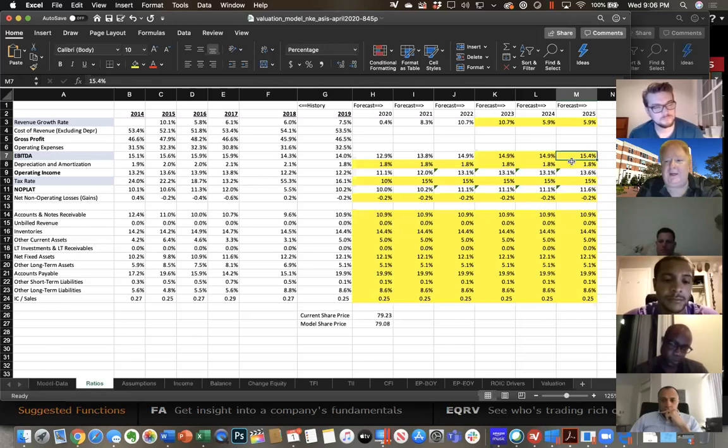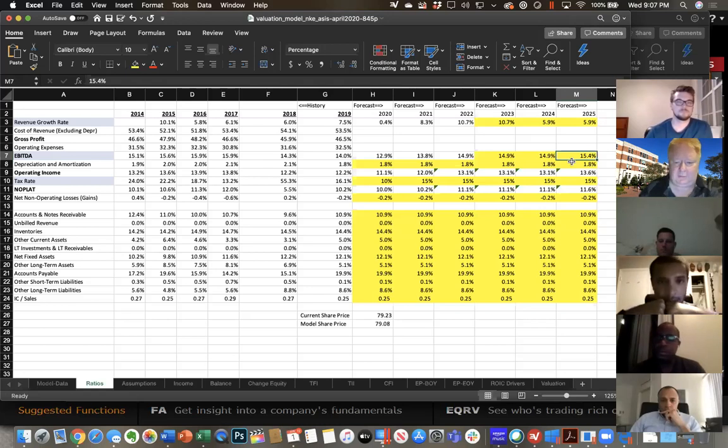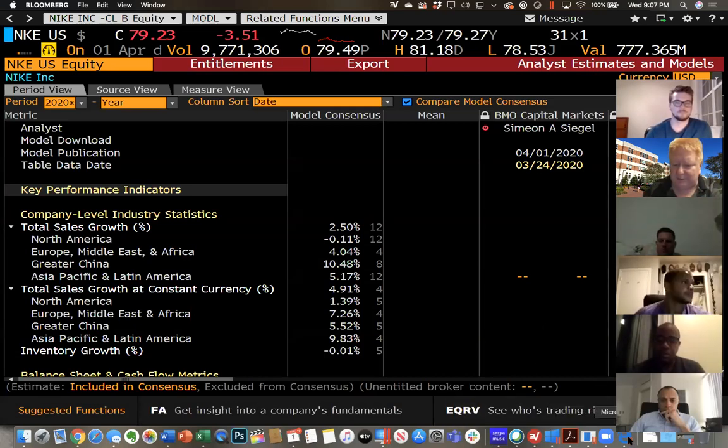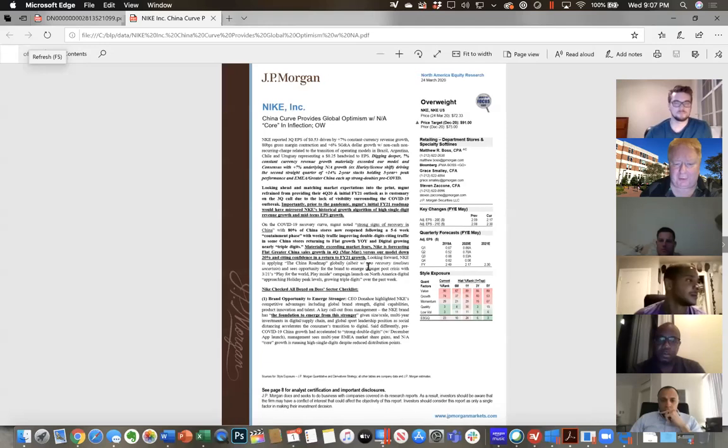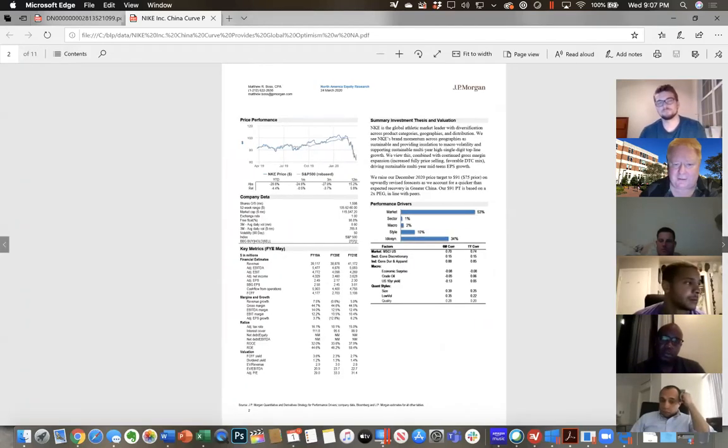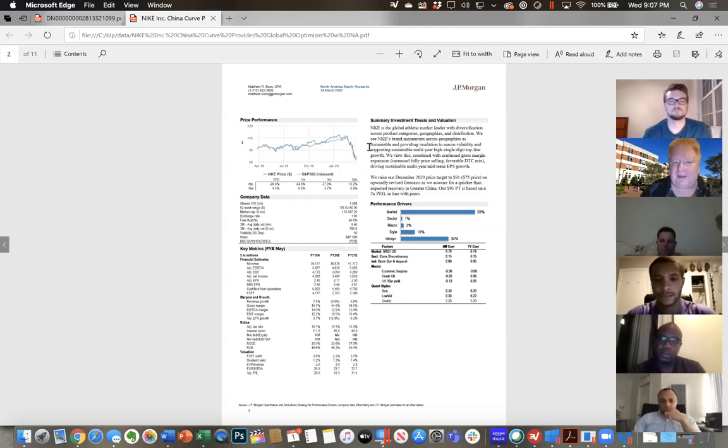All right, so from here, we're going to create 3 more spreadsheets. They're going to be called the bull, the bear, and the target. What most analysts do, I'll go back to the JP Morgan analyst report as an example. In a traditional analyst report, they'll forecast the share price. And what a lot of them will do is they'll have a graph of the future share price. They'll say, here's the best case scenario, here's the worst case scenario, and here's where I think the share price will be. And oh, by the way, this is